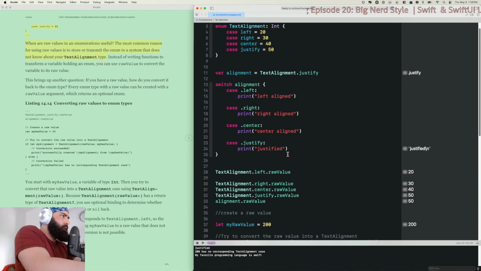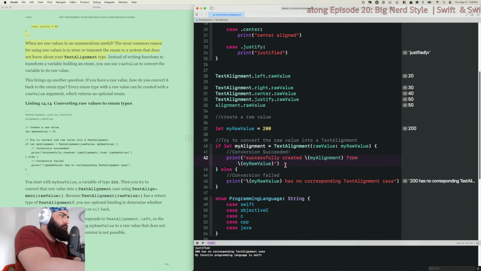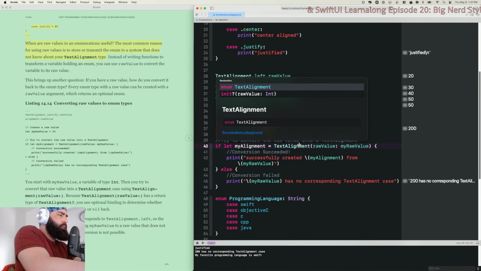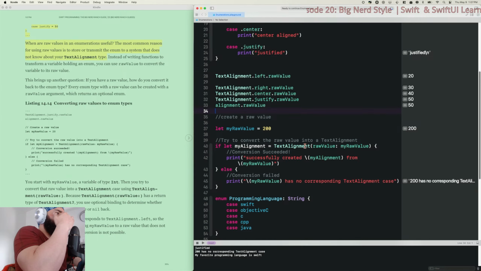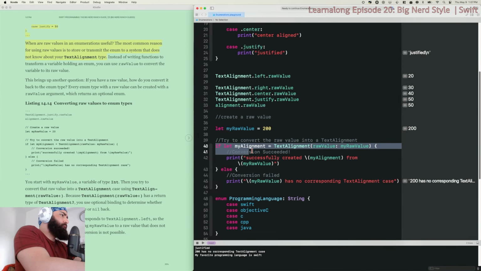Wait, so we didn't write that anywhere? This function here, text alignment. What the heck? I'll have to ask the Oracle. I just want to know why that works. Like, where's that coming from?